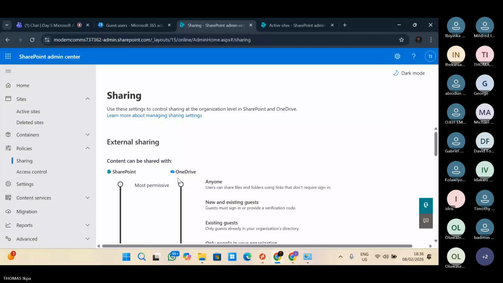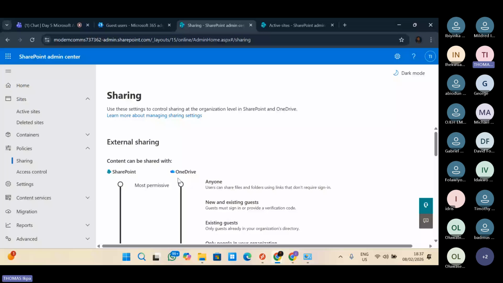If you set this to anyone, it means that anybody in your organization that has a OneDrive can share a link out, right? But if you want this policy to affect just a few people, like out of 50 people, 2 people should not be able to share outside,